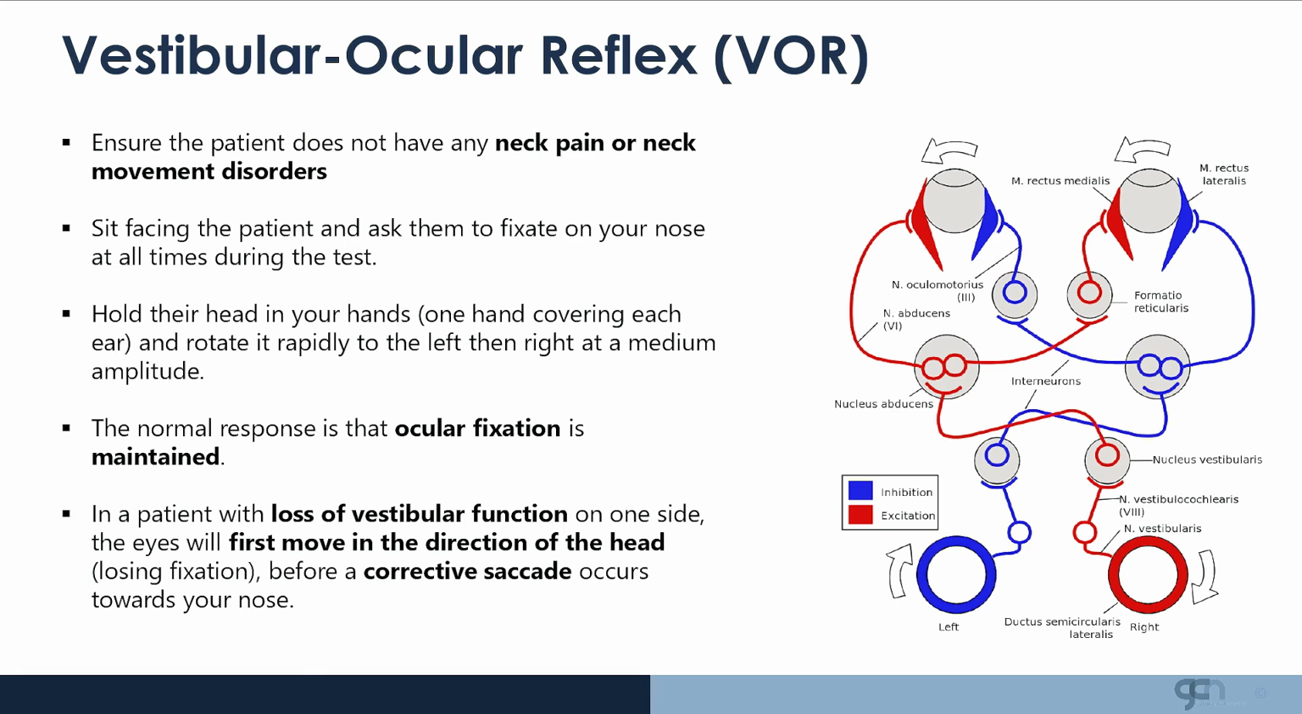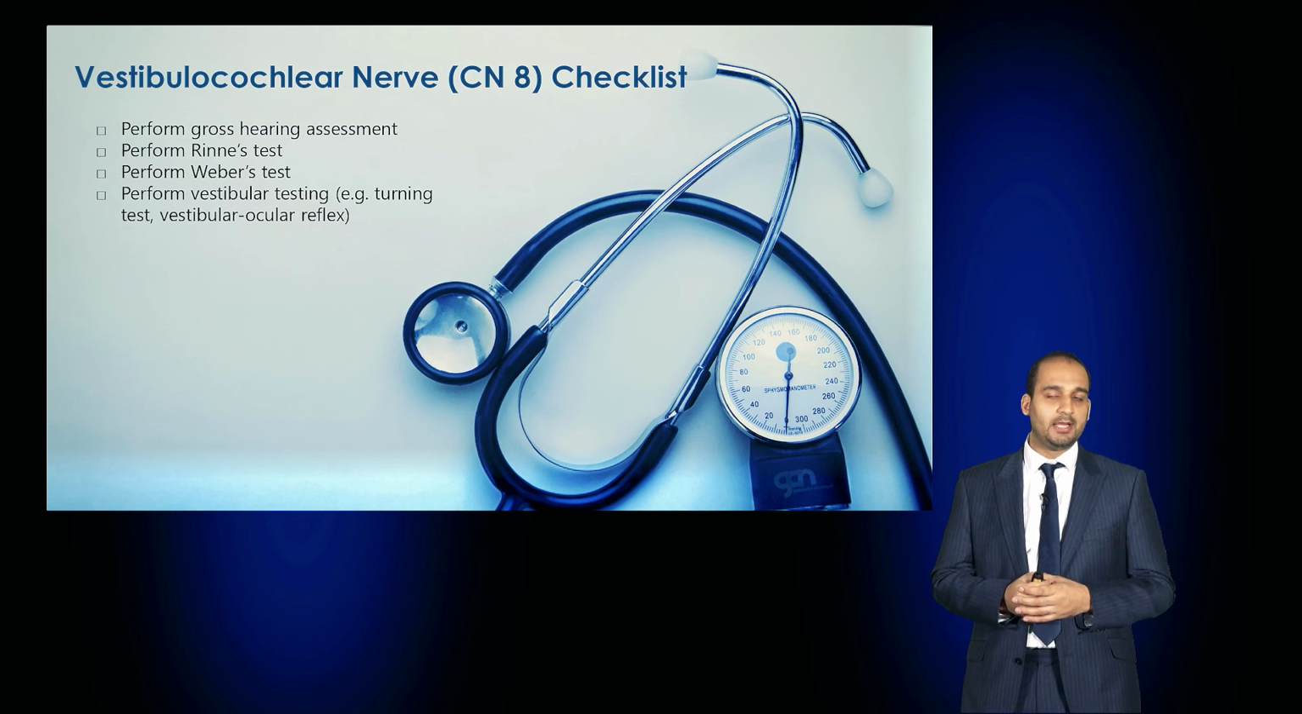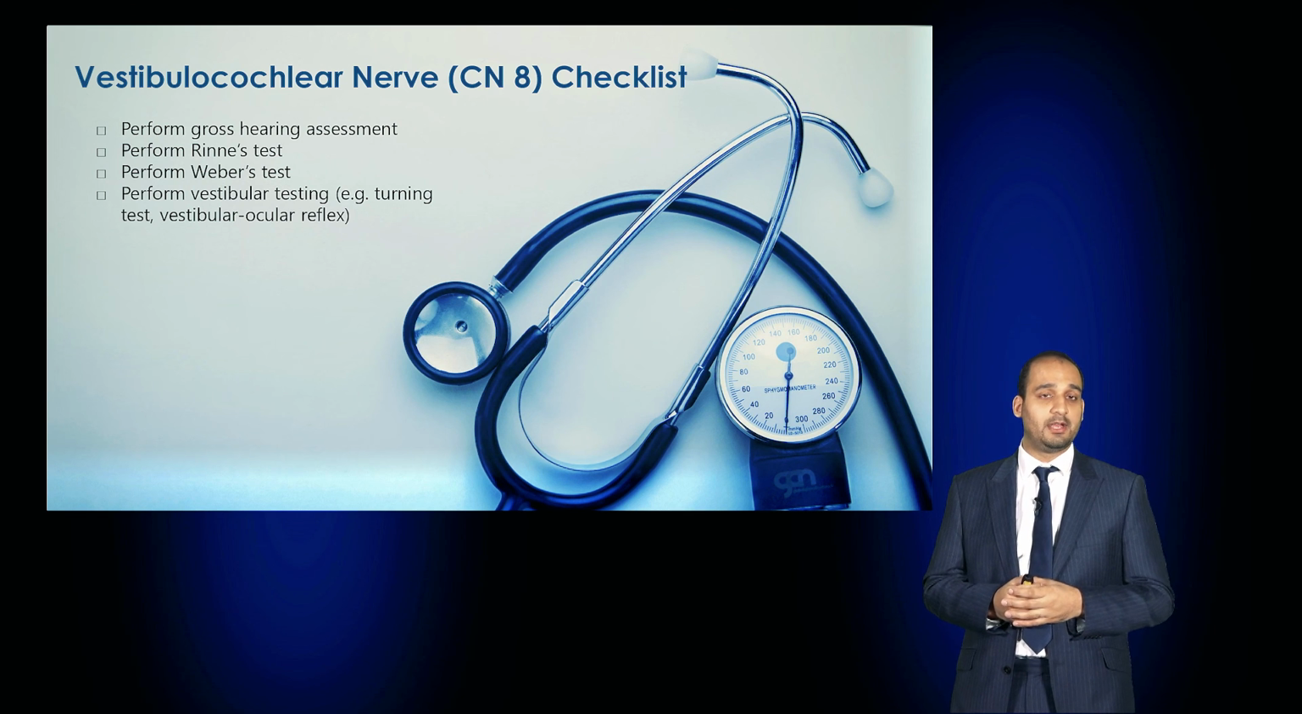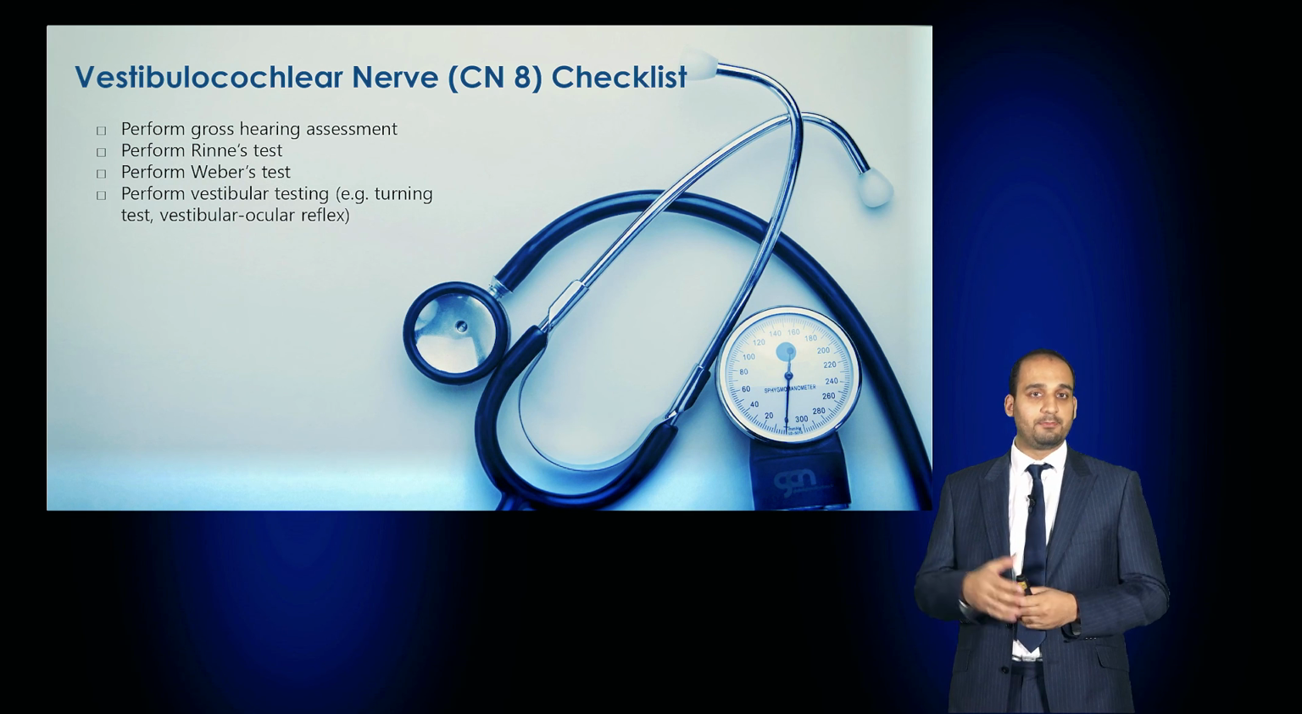In a patient with a loss of vestibular function on one side, the eyes will first move in the direction that the head is rotating to, that's known as loss of fixation, before a corrective saccade then occurs to try and correct. So in summary, to examine the vestibulocochlear nerve, perform a gross hearing test, perform the Rinne's and